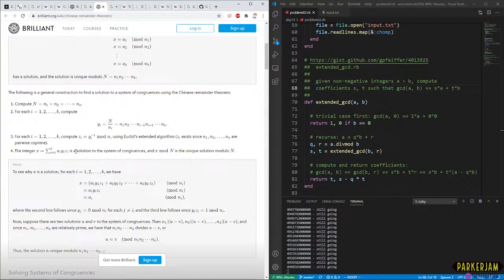Given non-negative integers a greater than b, compute coefficients s and t such that the GCD, the greatest common divisor of a and b, is s times a plus t times b.